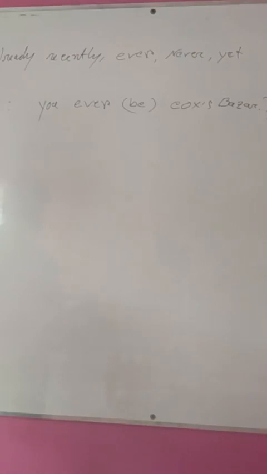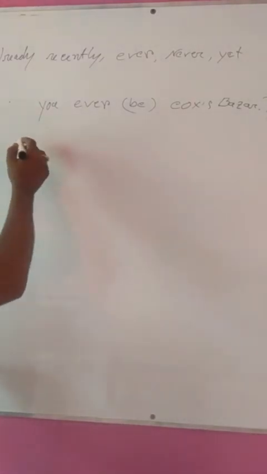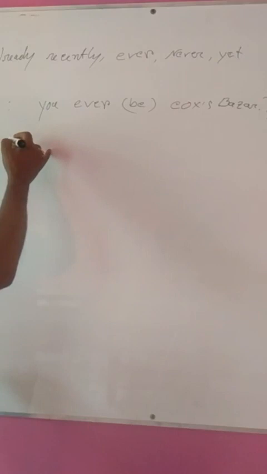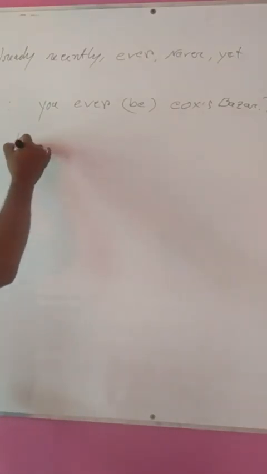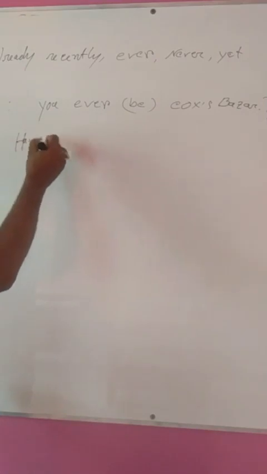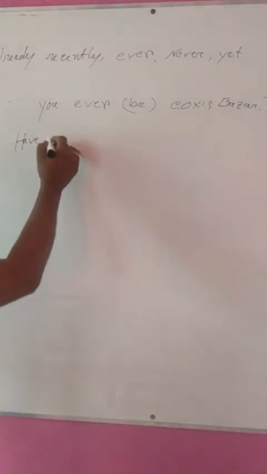We have to use the participle form of verb. And according to the rules, we can use here have at first, because it is an interrogative sentence, and we know that if we get an interrogative sentence, we have to use the auxiliary verb in the first position before the subject. So have you